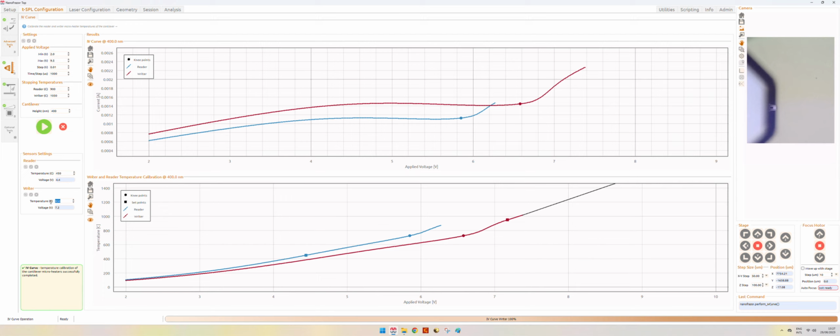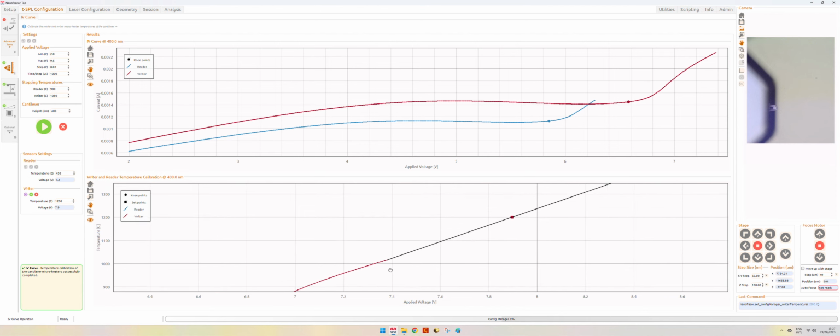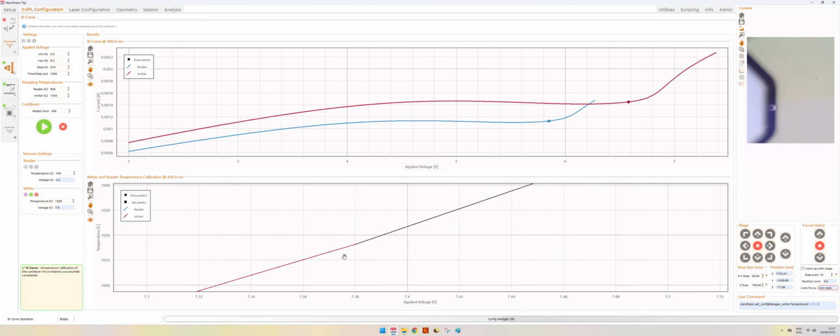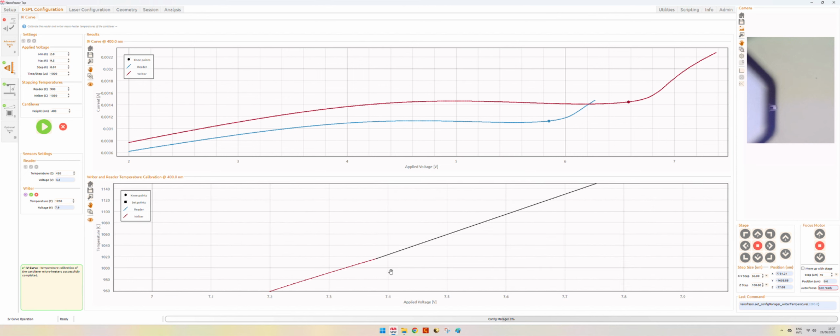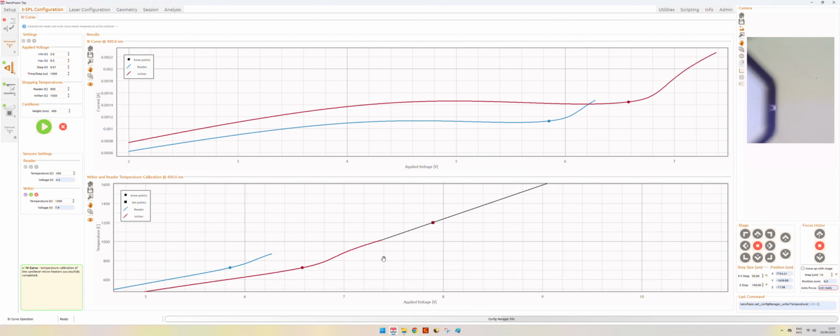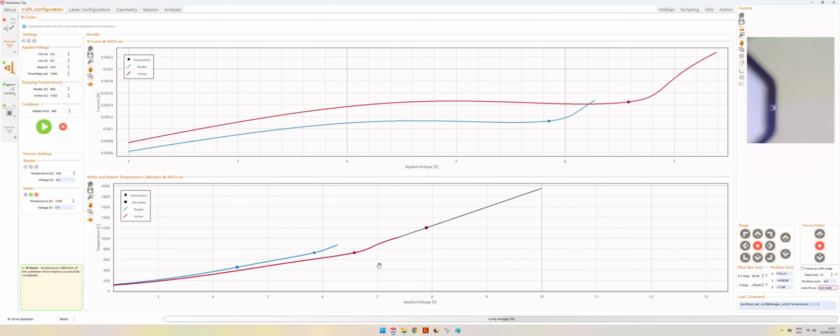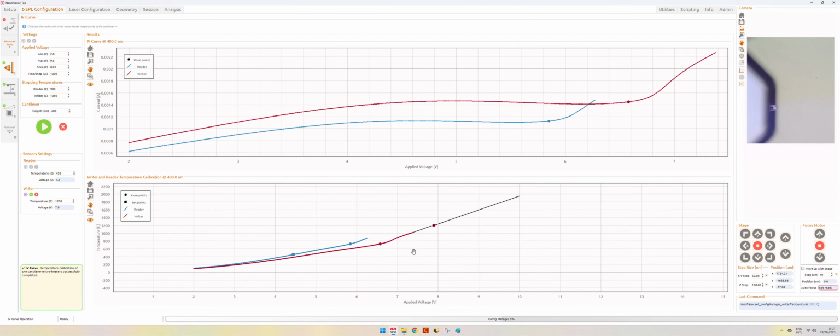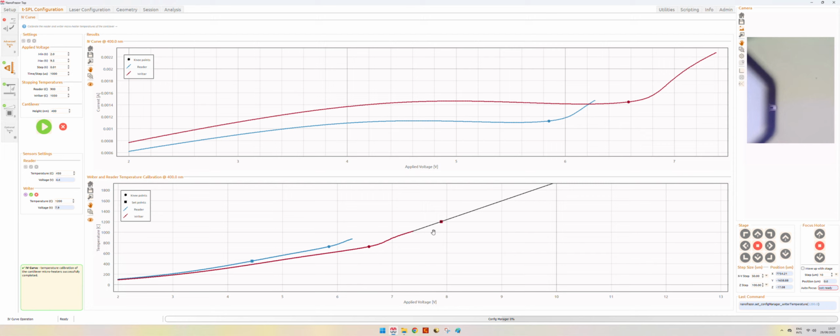You can also see that from this curve, at a certain point we stop collecting the data at around 1000 Celsius, because we don't want every time we run this test to go through temperatures that may damage the material, the cantilever, because we're talking about silicon, so we don't really want to heat it up to 1400 Celsius every time. So at some point we will extrapolate the behavior of these two resistances, and this approximation is quite good.